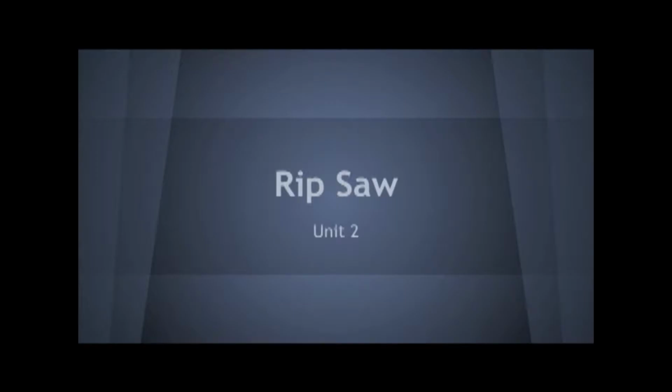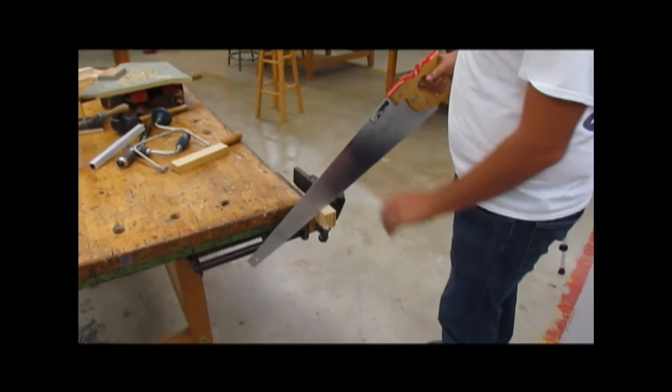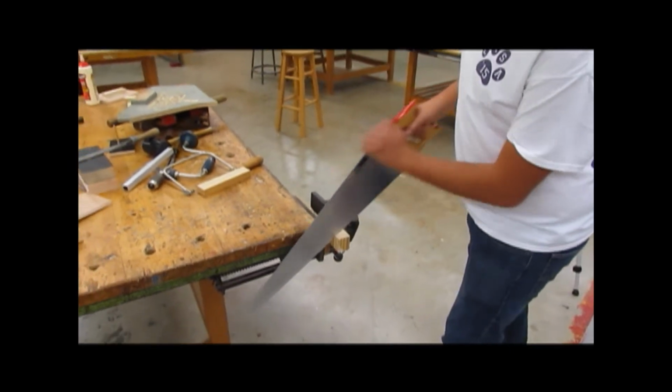Ripsaw. The purpose of the ripsaw is to cut with the grain of a piece of wood, rip apart the grain to cut through the wood. This helps you cut cross grain while still maintaining a straight cut without splintering the wood. Some ripsaws come with a cover over the blade, so make sure you remove it before cutting and put it